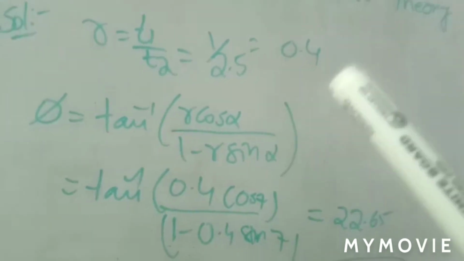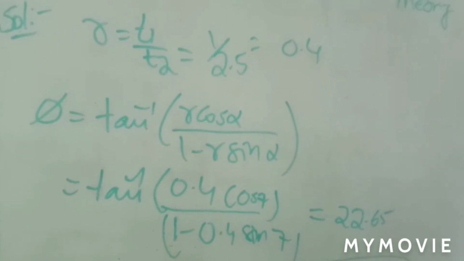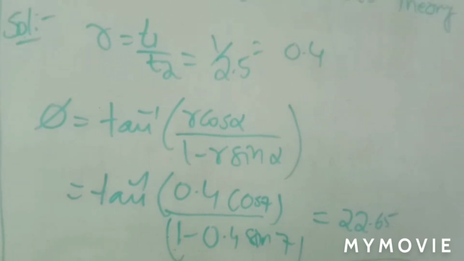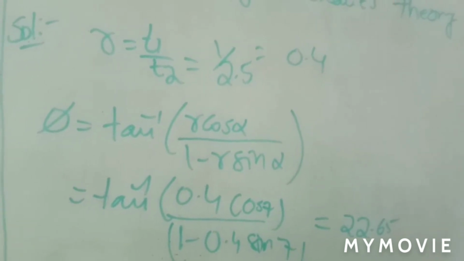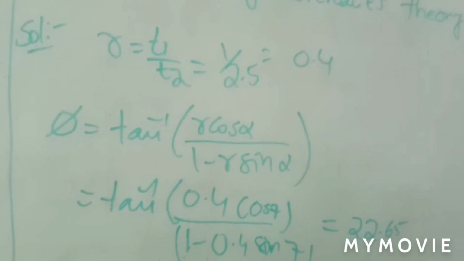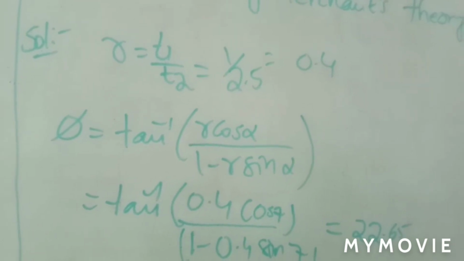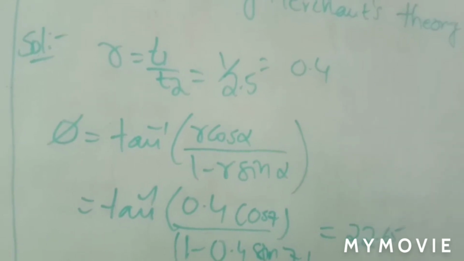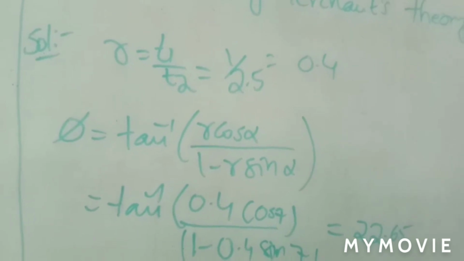What is r value? R equal to T1 by T2 and phi equal to tan inverse of r cos alpha by 1 minus r sin alpha. All these things can be calculated easily. So it is very, very easy and very, very important, especially in your examination, the metal cutting chapter especially. You will have various questions, but understanding is very, very important. Right? Here in the previous problem we used the same relation. In this case also we are using the same relation. There is nothing new. Only the data is changed. According to that you apply your formula. That is very, very important.